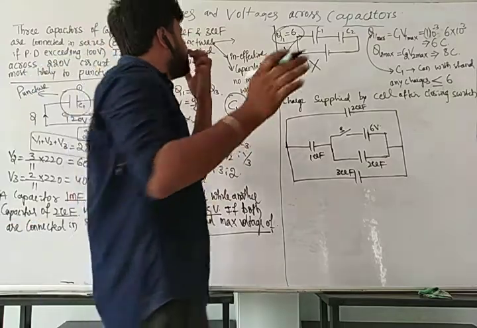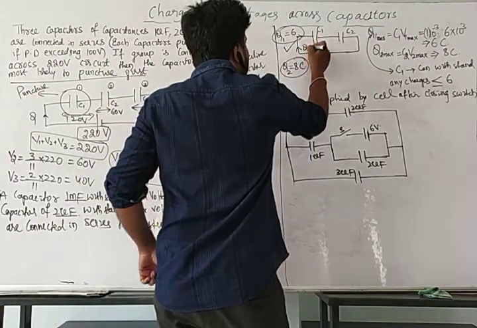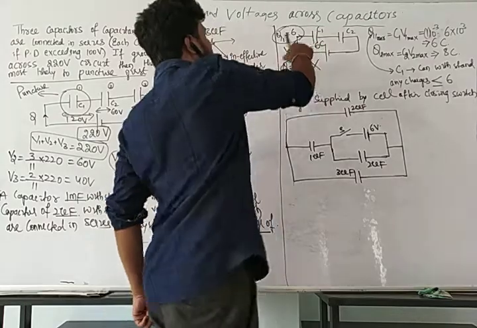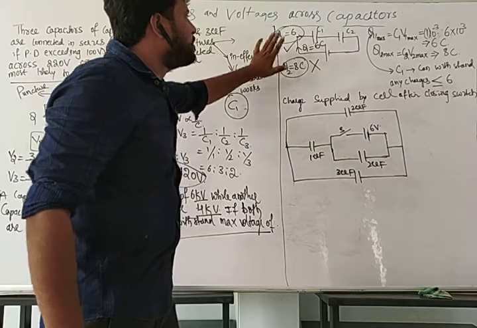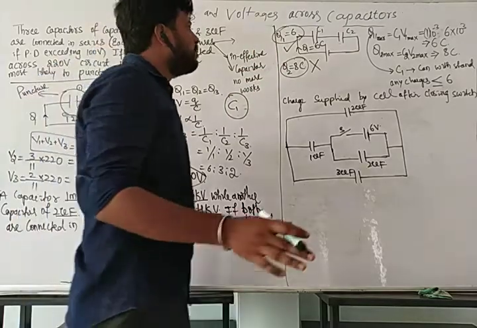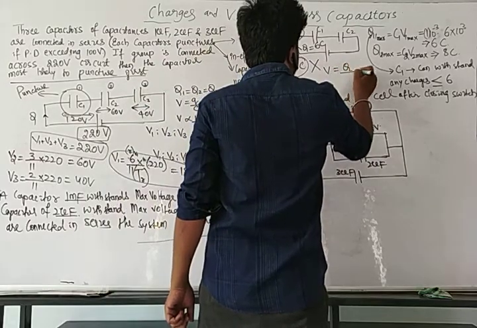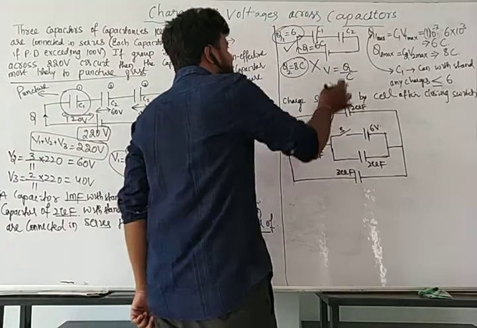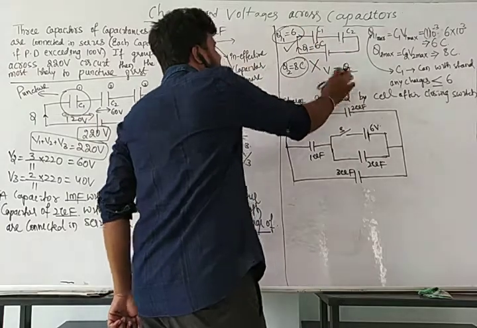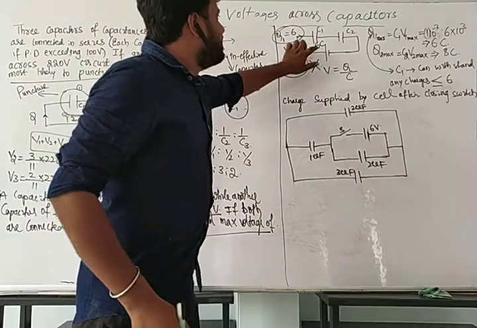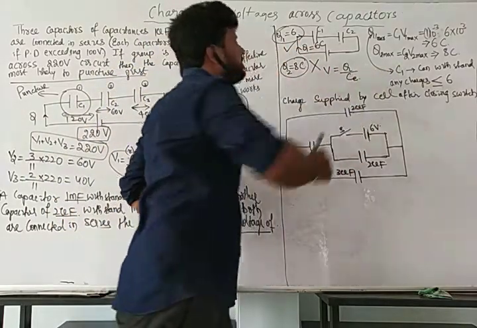Done. It means the charge we have to choose to flow here is 6 coulomb. Remember, the charge that has to flow is 6 coulomb. It cannot work if it is 8 coulomb. Done. Then how to find V maximum? We know V equals Q divided by C. We'll consider what is the Q which is flowing here. It is 6 coulomb. And what is C? If you are talking about V, this C has to be the equivalent capacitance value.